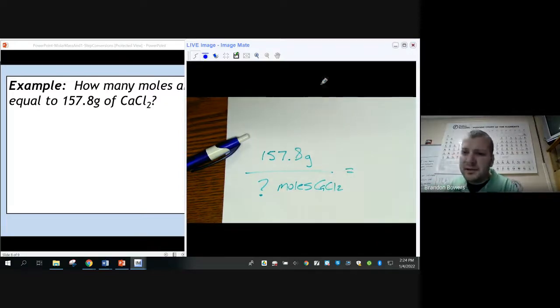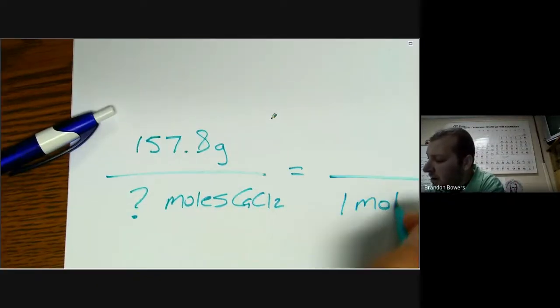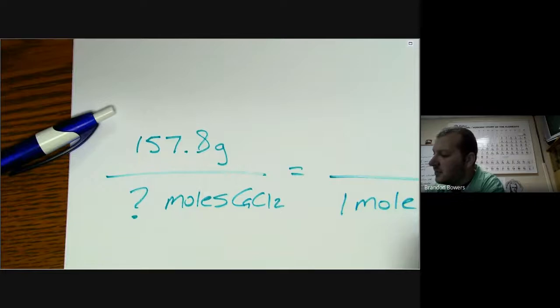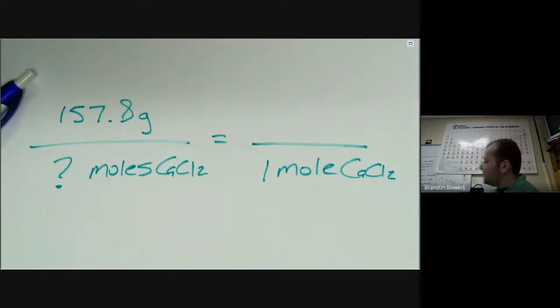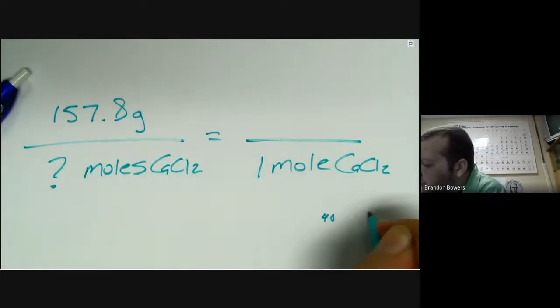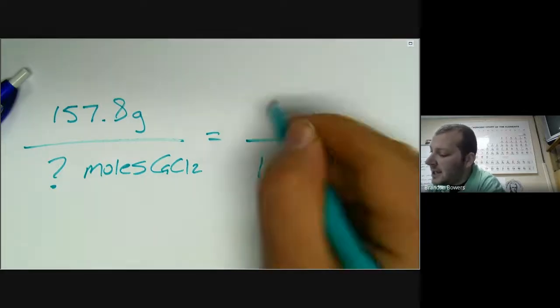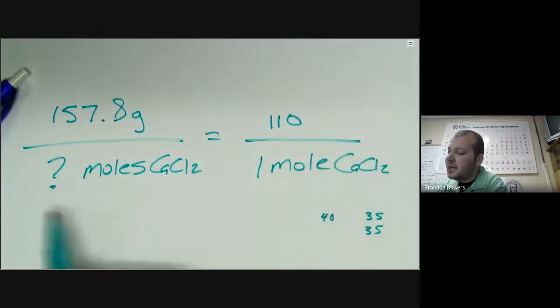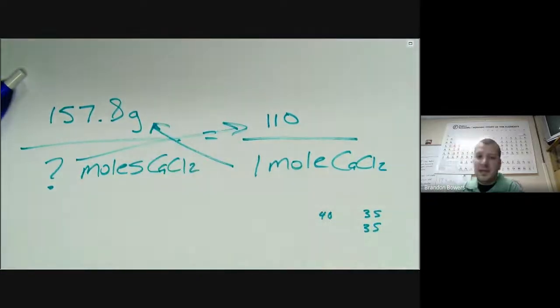To solve this, I need to know the mass of 1 mole of CaCl2. I have to look at the periodic table. Calcium weighs about 40. Chlorine weighs about 35. I have 2 of those, so that makes 70, plus 40 is 110. So if you cross multiply and divide,